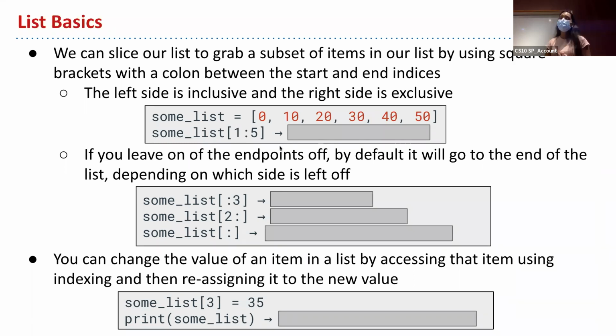So that's something to get used to, because in Snap, everything was inclusive. If you had a for loop from 1 to 5, it did 1, 2, 3, 4, 5. In this scenario, this is only going to get indexes 1, 2, 3, and 4. And I think this example is from yesterday, but does anyone know what this would output then based on what I've just said?